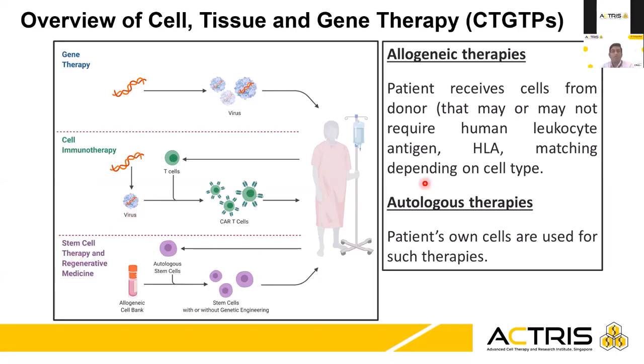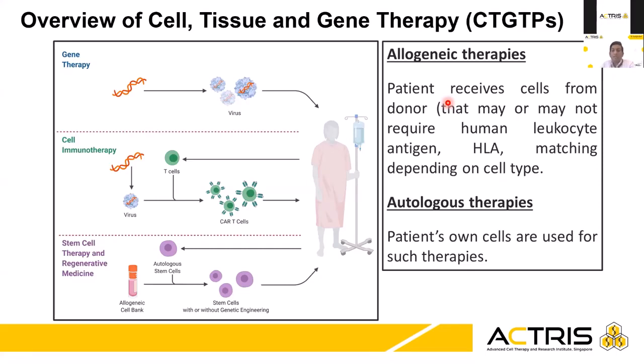In terms of cell and tissue therapies, there are two broad classes. Allogeneic therapies, where patients receive cells from a donor that may or may not require HLA, human leukocyte antigen, matching, depending on the cell type. For various types of immune cells, allogeneic therapies are still in the early stages of development. But for example, mesenchymal stromal cells are ideal cell products that can be used in an